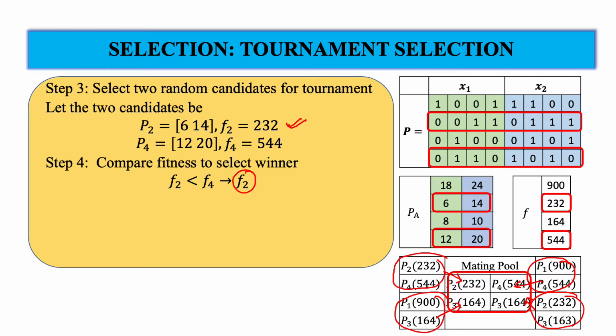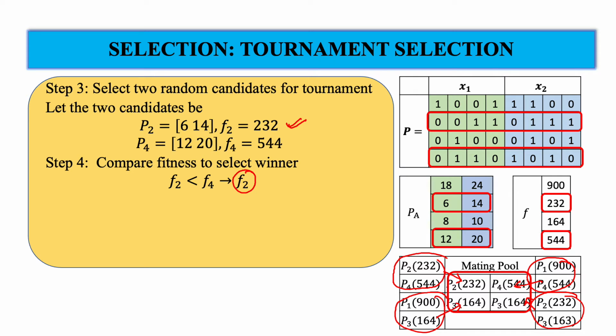Okay, so once the competition has been done between, suppose, our first 2 population members P2 and P4, then the next tournament should not be between P2 and P4. It will satisfy the criteria that each member plays 2 tournaments, but that has to be randomly selected.